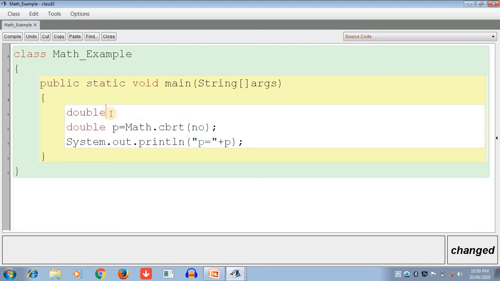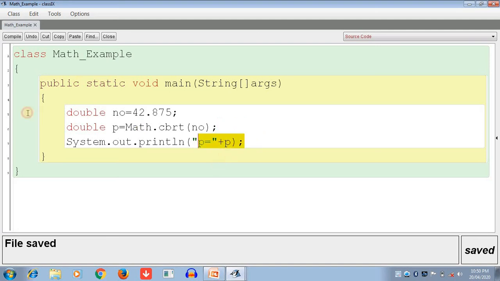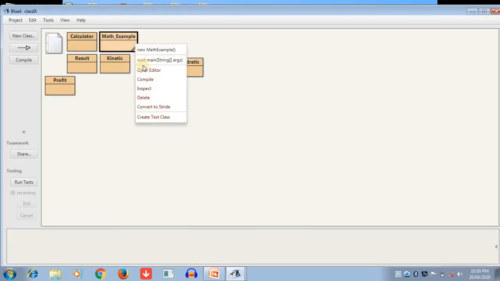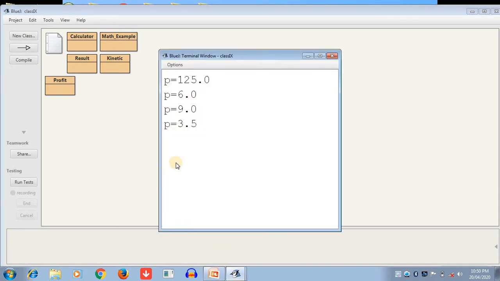Now I change the variable and data type. I am writing 42.875 here. The cube root of this, I think, will be 3.5. Now we compile, there is no error. What will be the output? Yes, you see 3.5 comes.